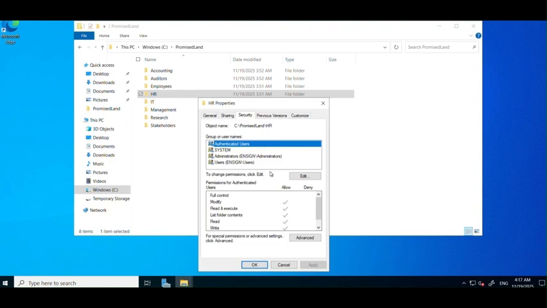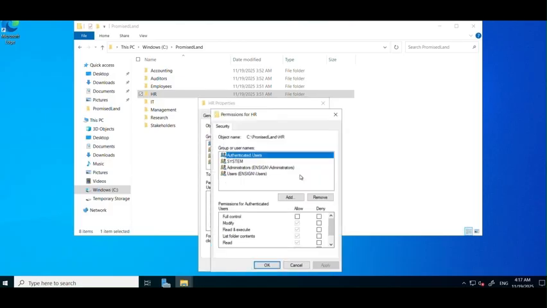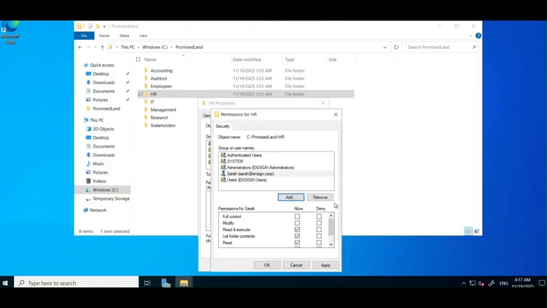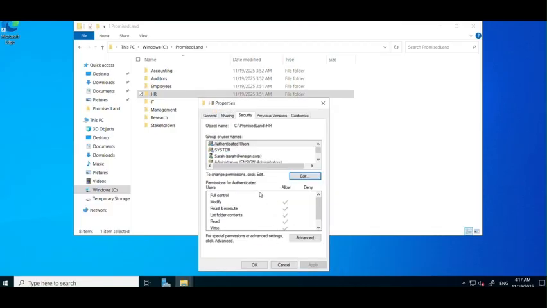In security, we want to have Sarah have full control. So we're going to edit that, and we're going to add Sarah. We're going to find her. That's her. And there we are. We're going to give her full control of the HR folder. Okay? All right. The next one that we have to do is we want to give Ted and Phil modify